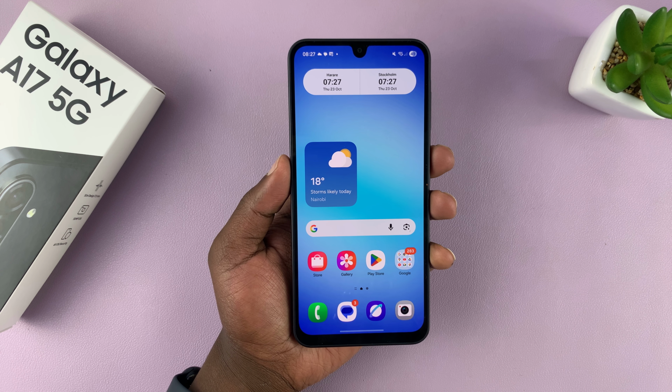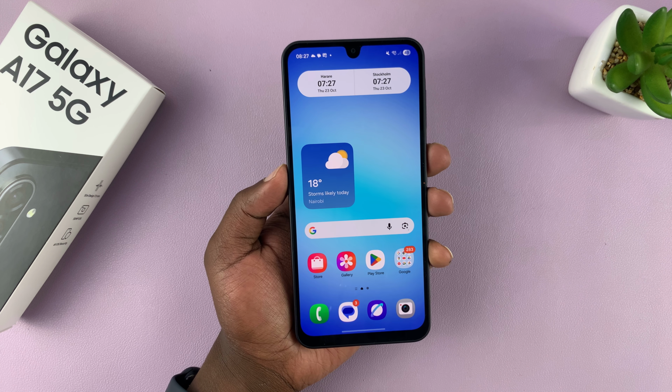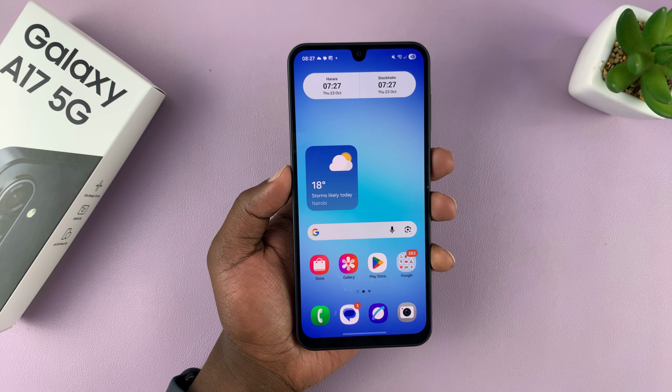I've got the Galaxy A17 5G, and I'm going to show you how to change the region and time zone